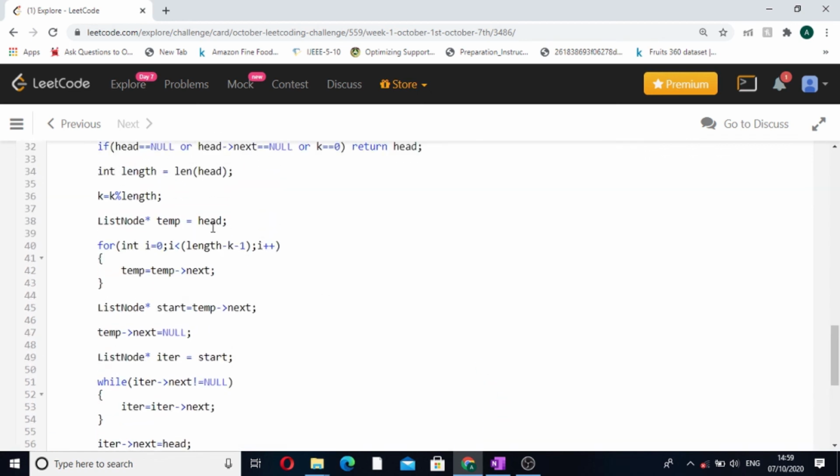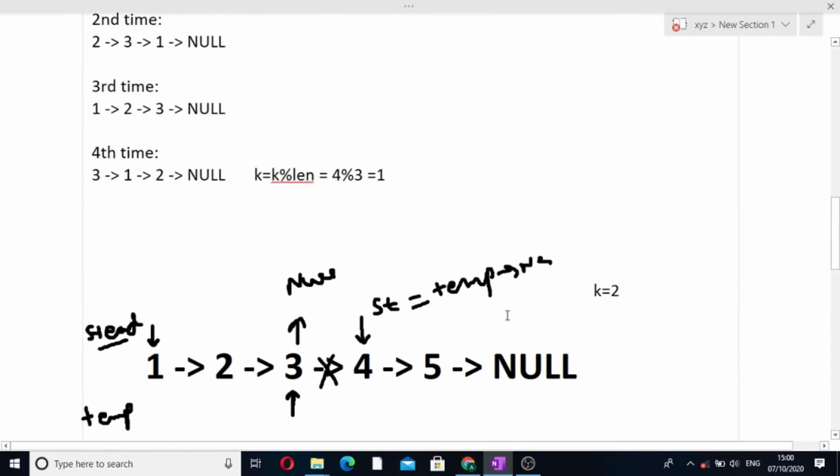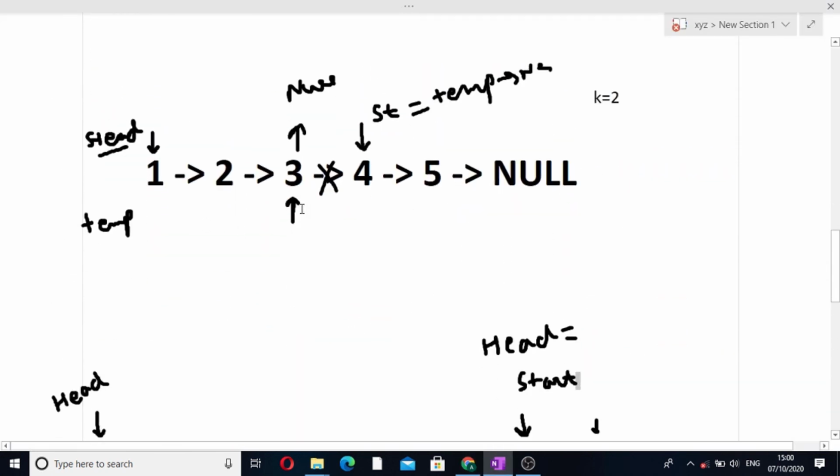Now there was a question why I had taken length minus k minus 1 to find the breaking point. See, we know that initially the temp pointer was here, so we know that the breaking point lies here. So how we will find it? Length of this linked list is 5 minus k, that is 5 minus 2 minus 1 equal to 2.